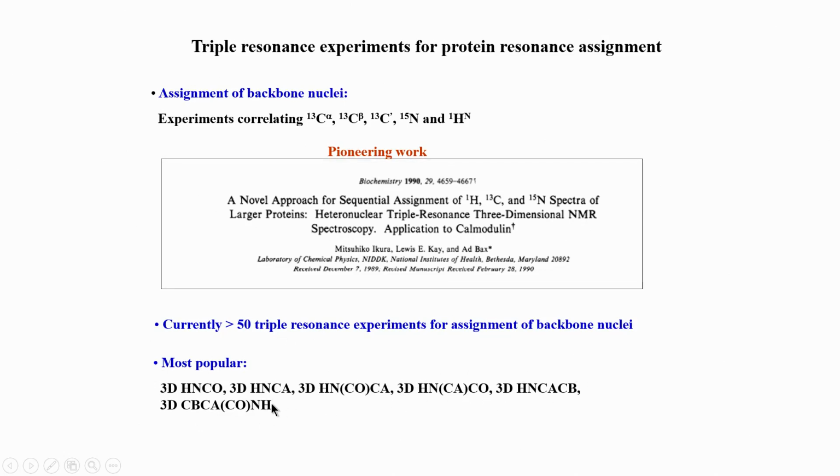We will look at it in the second part of the course after we finish isotope labeling. At that time we will come to the use of these experiments for assignment of a protein. So, remember, we are actually using all these experiments for assignment of backbone nuclei, and assignment basically means identifying the chemical shift value of these atoms for every amino acid, not just one amino acid. If there are 200 amino acids, for each and every amino acid you should be able to get the values of these chemical shifts. So, let us begin with the most basic experiment, that is HNCO, and slowly we will build our knowledge for the other experiments.